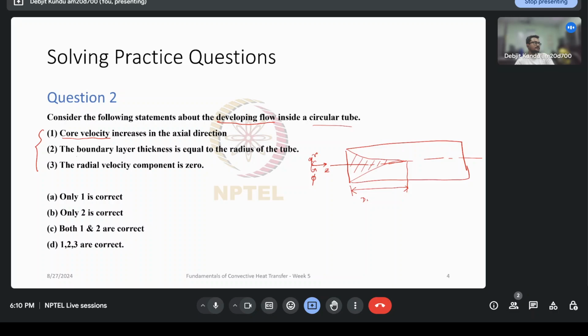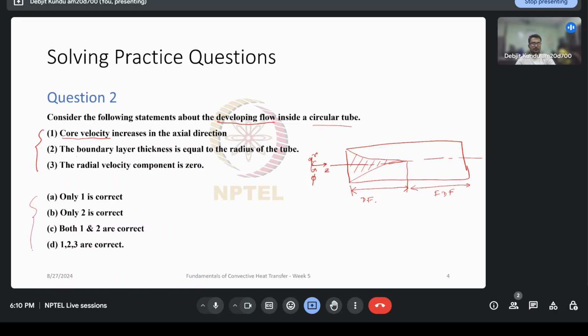This is where there is developing flow, DF. And after that, we have fully developed flow. I will call that FDF. So consider all these three statements, find out which ones are correct or wrong, and then in the options given